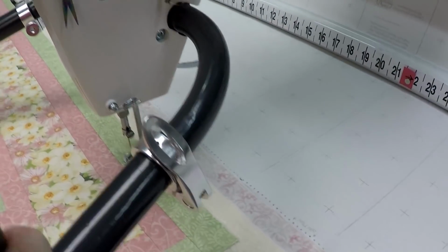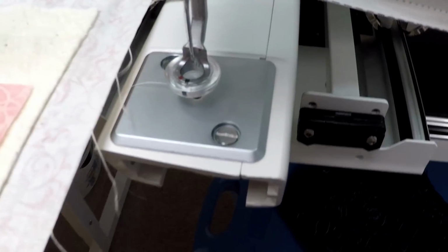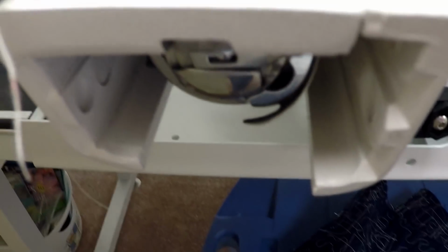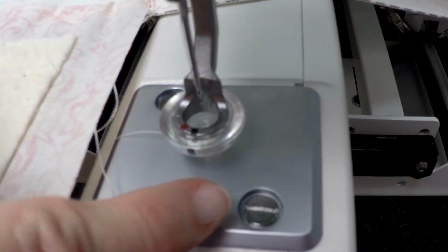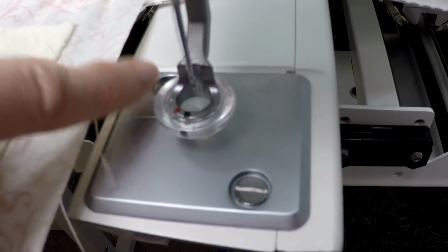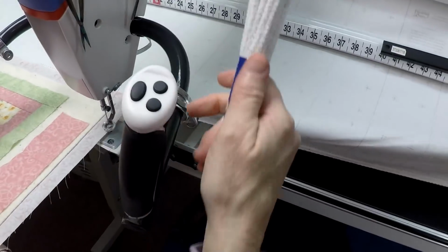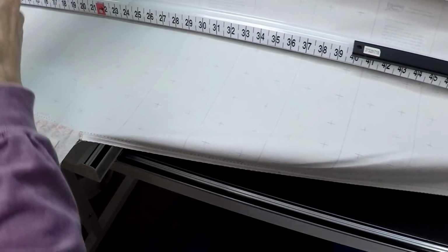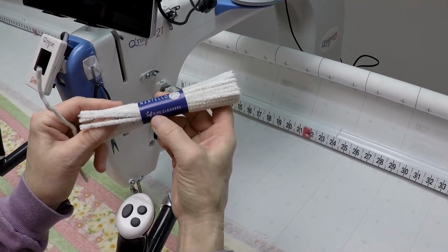Another thing is to take off your needle plate. When you clean from here, you don't quite reach everything. So every now and then, especially if you've used some cotton thread that's real linty, take off this needle plate and clean underneath it. That's important. One thing you can do as far as cleaning between your discs is get some nice quality soft